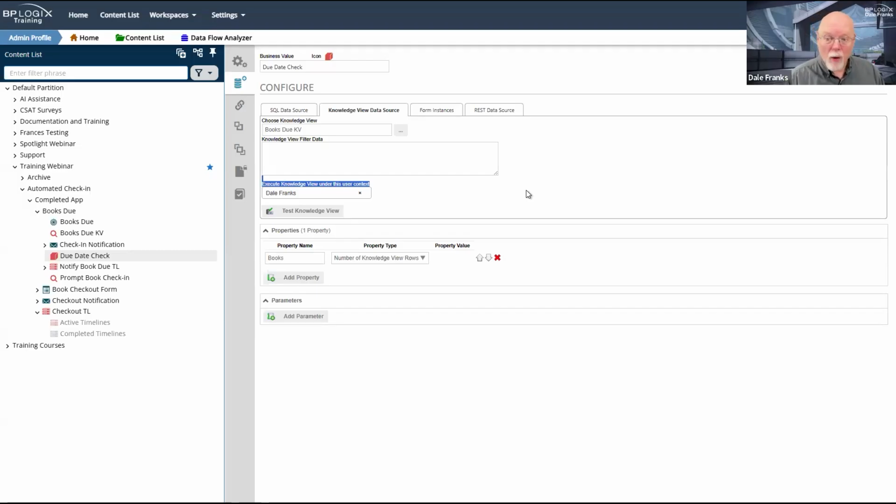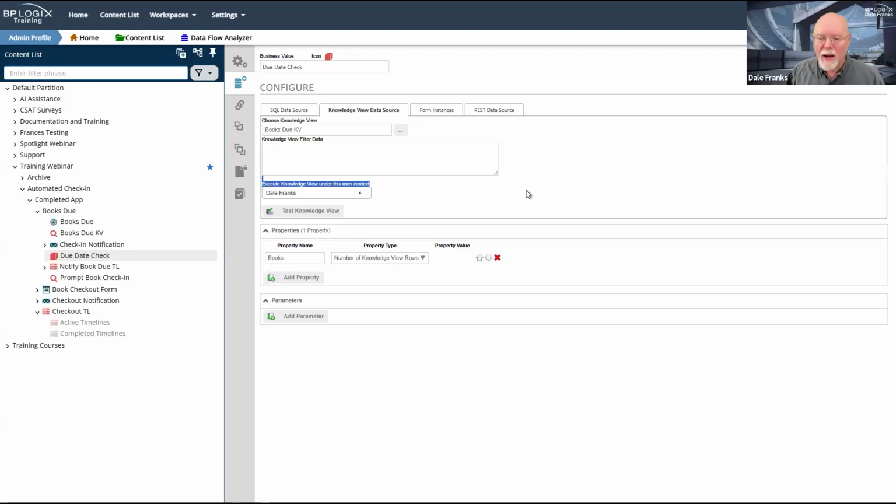That user may or may not have the ability to look at the underlying knowledge view because they don't have the appropriate permissions set. In that case, the knowledge view would error out. It would not return what you wanted it to return. So this property enables you to just set the user that Process Director will use to run the knowledge view.